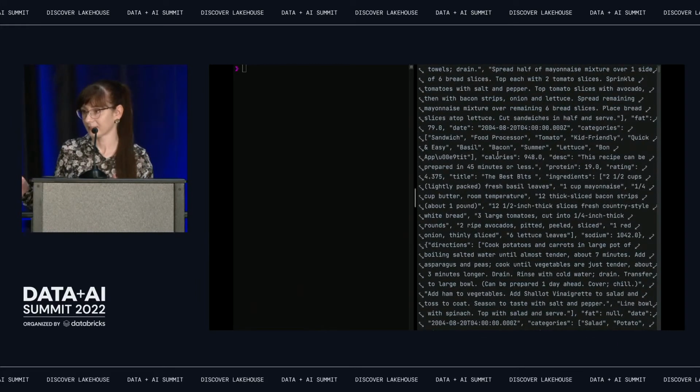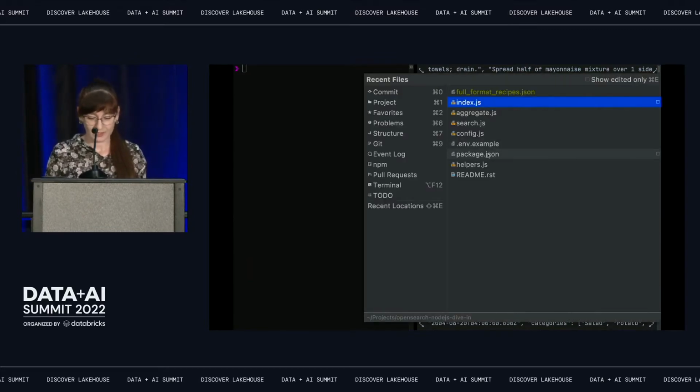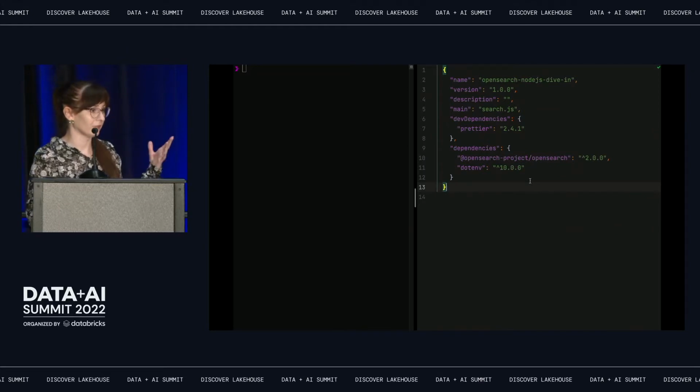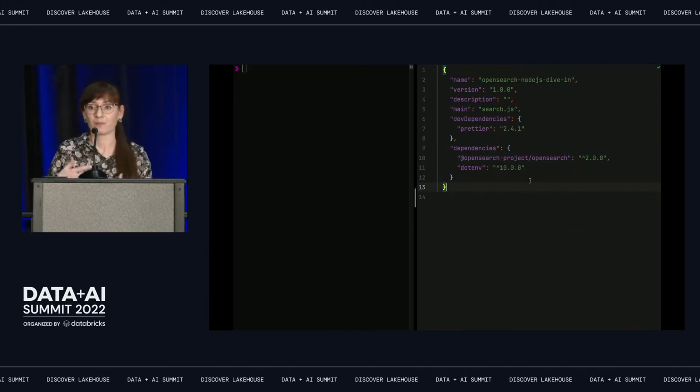And since I'm already on the project site, let me show you around. It is a JavaScript project, and it's quite a minimalistic one. So in the package JSON, we can see that we have a library for the OpenSearch client. I'm also using a .env library so that I have a proper place where I can store the connection